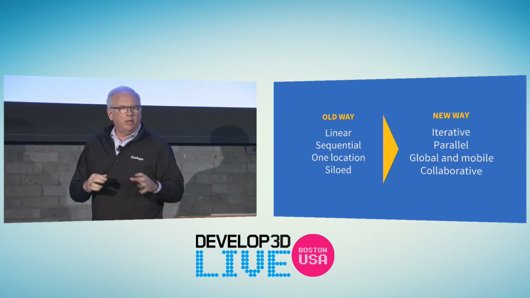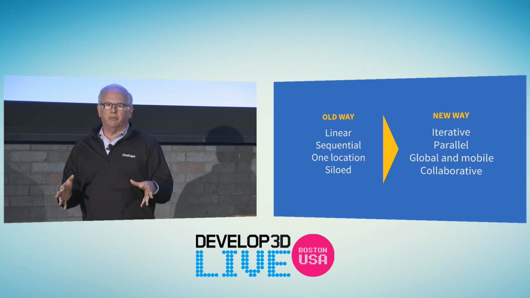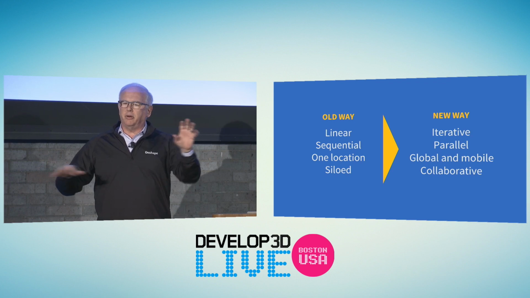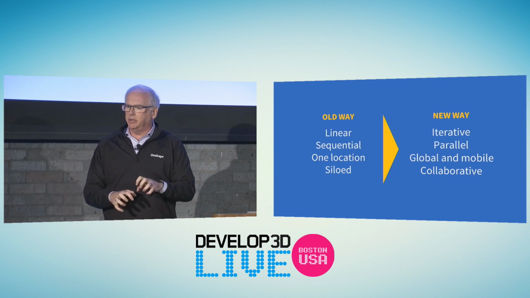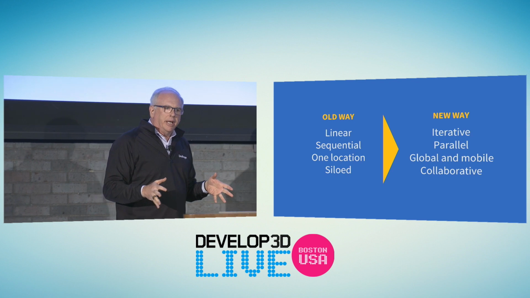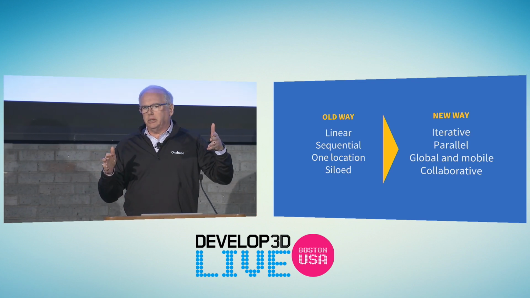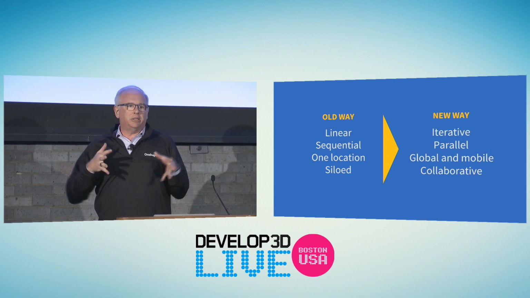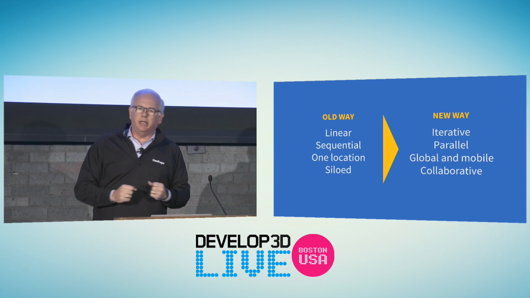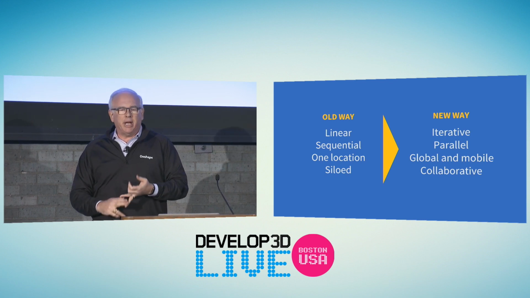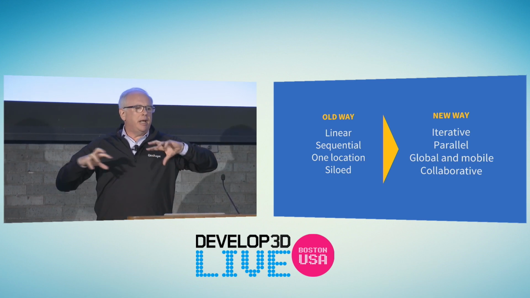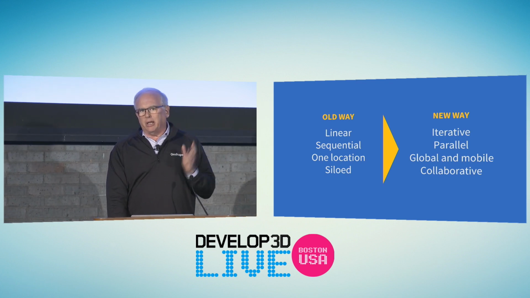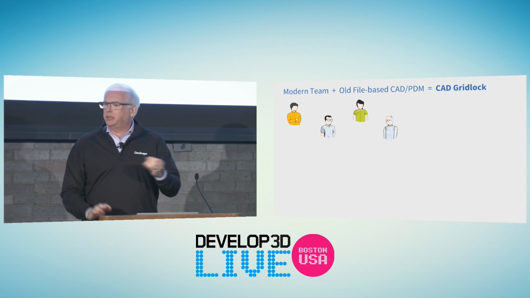You also see teams have changed. Teams that used to be in one location under one roof, a small group of employees, are now distributed globally. And they're not only distributed in their offices, they're mobile. Everyone's moving around. They're not in one place. And so the team is also not just employees. They could be contractors, consultants, vendors, customers. And it's not just engineering. It used to be siloed engineering. These days, you want to include marketing, management, production, manufacturing. Everyone's on shorter time constants. And so this environment has really created a lot of problems for old file-based type CAD systems.